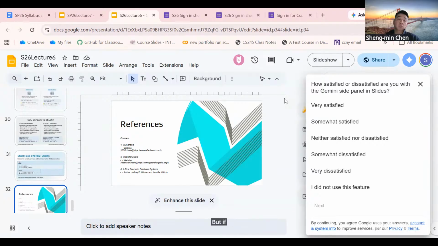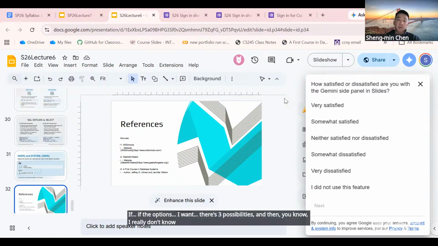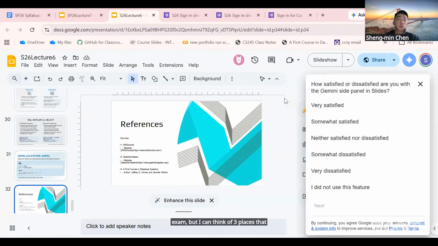But if you enforce a not null constraint to begin with, and then you also want to set null on delete, I wonder what happens. There are three possibilities, and I really don't know the answer. It never happened to me before. Obviously it won't be on your exam, but I can think of three places it might trigger some type of